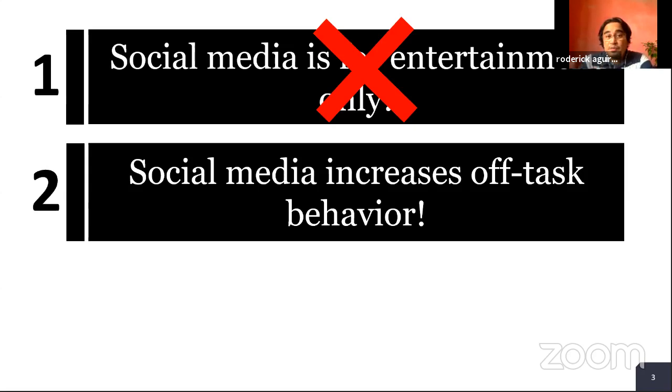Like we use social media like Facebook, we can use that for learning. YouTube can be used for learning. I know that a lot of students out there have idols on YouTube that they follow for entertainment, and since they were initially introduced to YouTube for entertainment purposes, it's kind of difficult for them to see YouTube and Facebook as something that can be used for education. But it is our responsibility as teachers and educators to help our students see that there are other uses of social media like Facebook, Instagram, YouTube, other than just